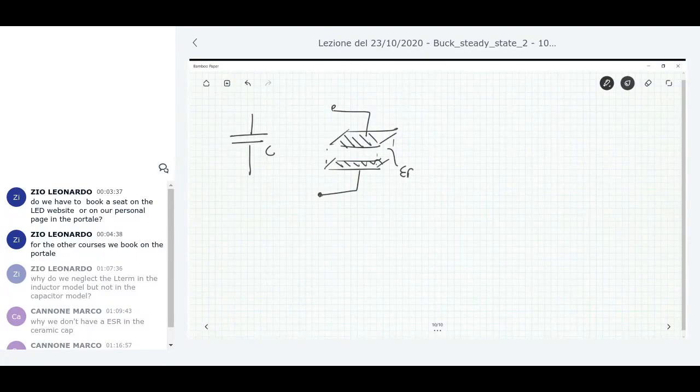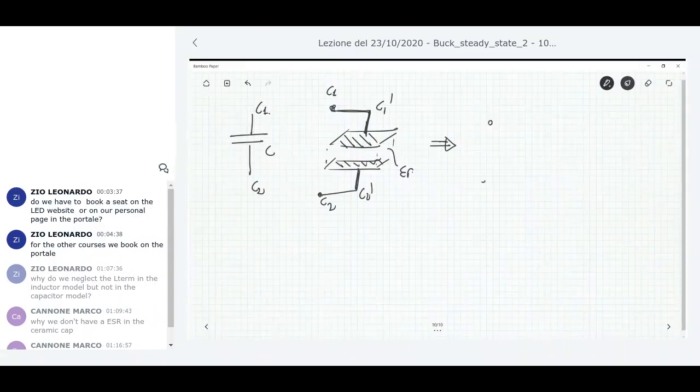Let's say in the slide I called them C2 and C1. So this for me is C2 and this is C1. And then suppose that these are the external terminals, and then I have internal terminals, that are C1 prime and C2 prime. So what is the